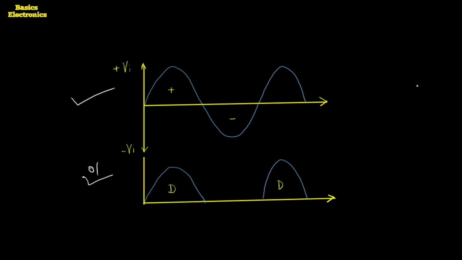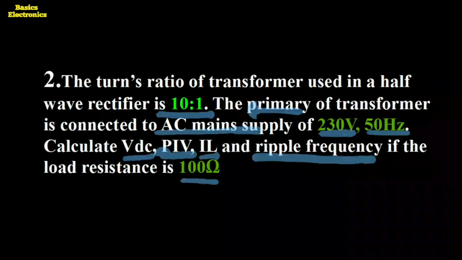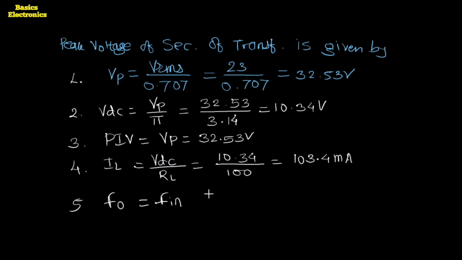Fo is the output frequency and Fin is the input frequency of the AC, which is mentioned in the example. So here Fo equals Fin equals 50 Hertz. Okay, so in this way we have to solve the example. First, you have to find out whether the example is for the half wave rectifier, the center tap rectifier, or the bridge rectifier. Generally, the name of the rectifier is mentioned instead of making the example complicated.